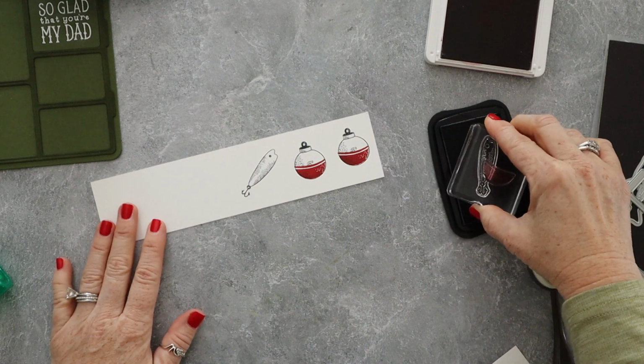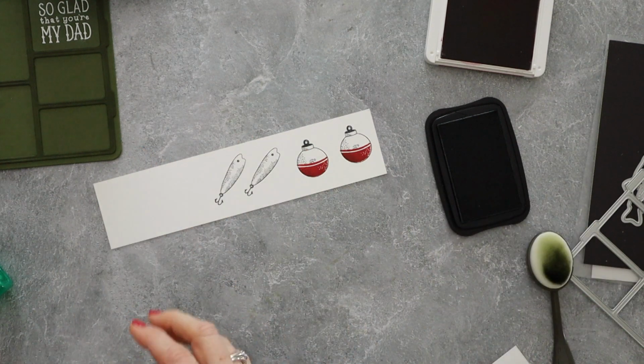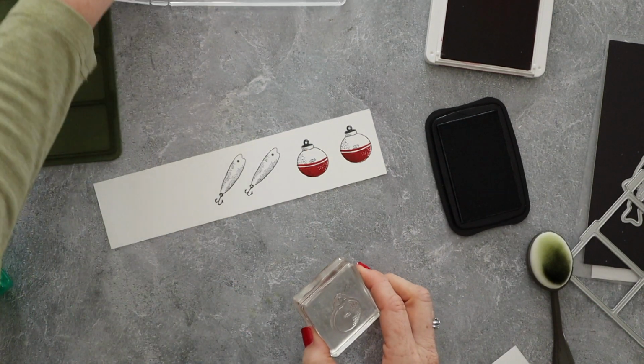So if you're stuck for masculine ideas, here's the thing. You don't have to